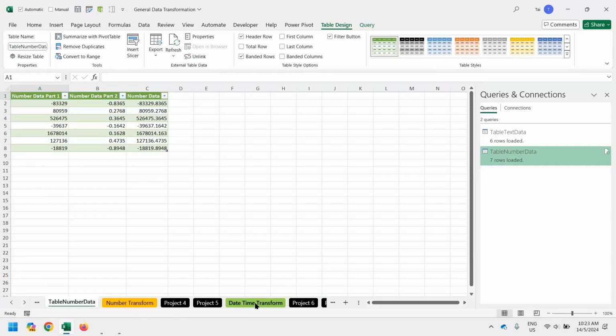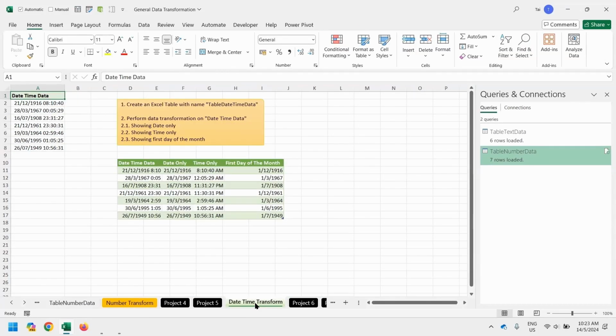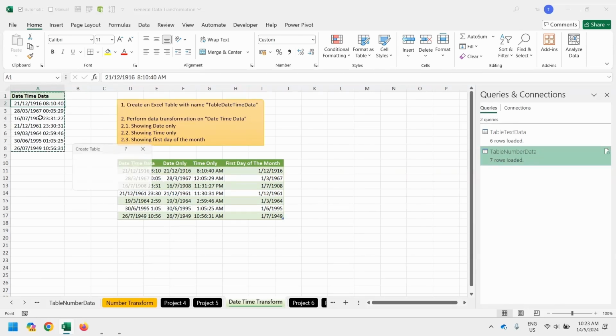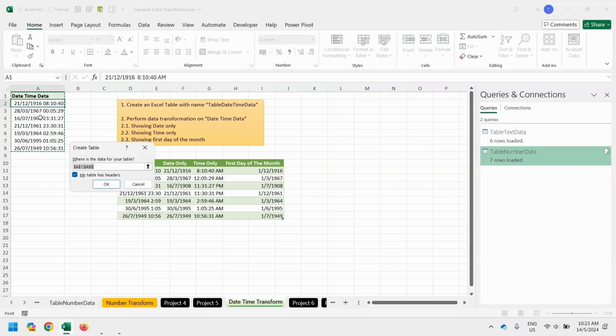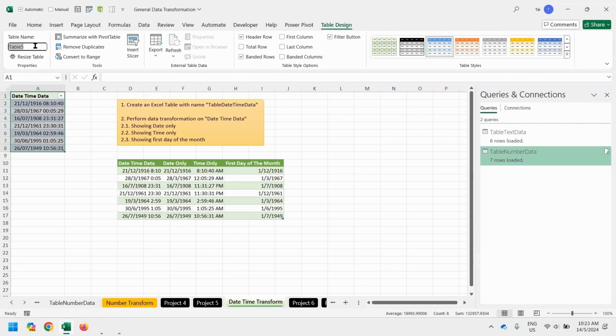Let's go for date time transform. Over here, I have a date and time data. I want to split the data, only showing the date, only showing the time, and show the first day of the month. So first thing, before I load this data into Power Query, Control T, and then enter,